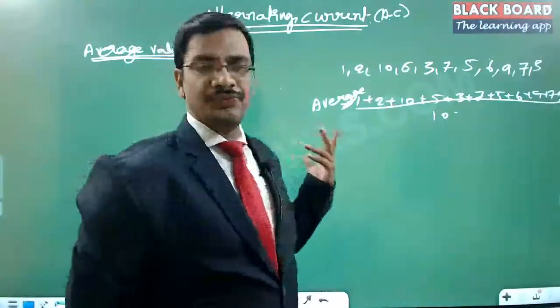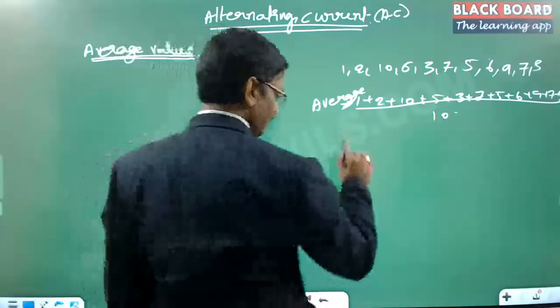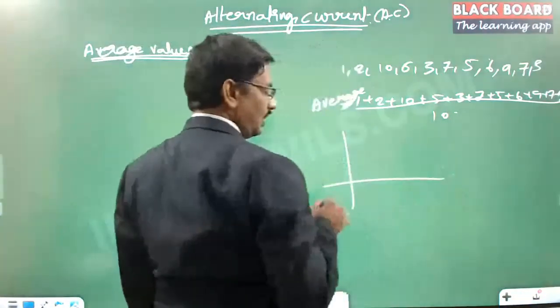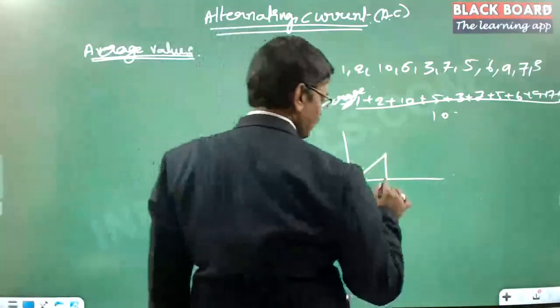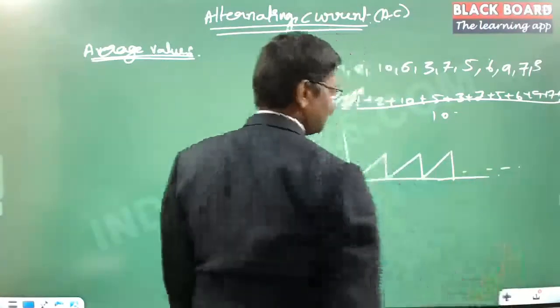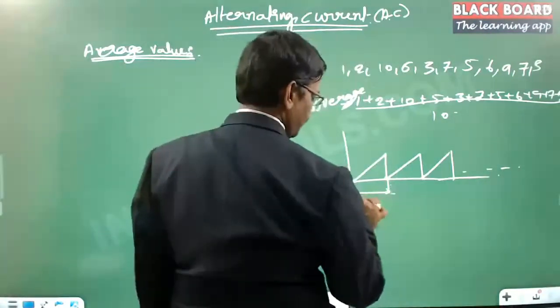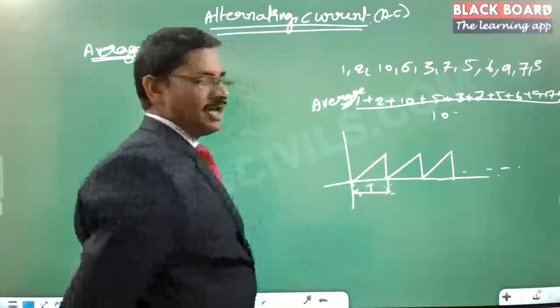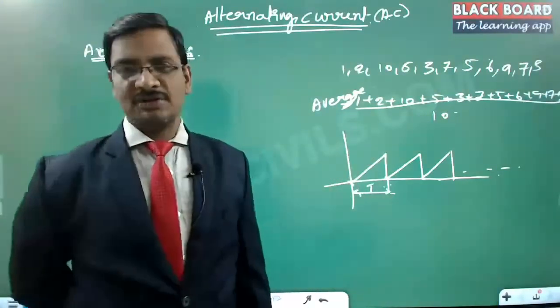Now coming to the AC, suppose there is a triangular waveform like this, and another triangular waveform like this, and another like this. This continues until infinity. Let us say this is the time period capital T. Now if I ask you to calculate the average value of this particular waveform,